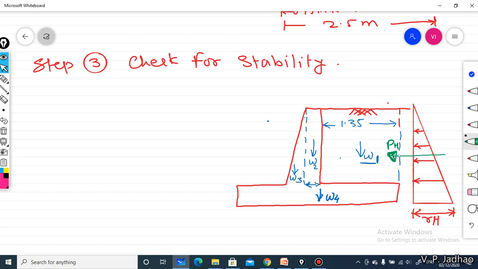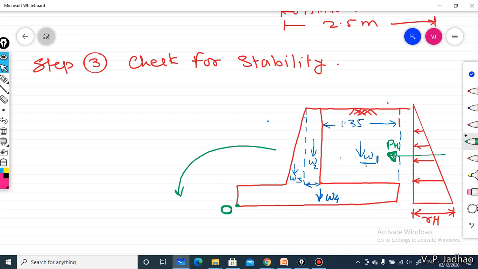Okay, so this is the PH force, which will cause some overturning about this point. Let us consider this point as point O. So this PH will cause overturning, so this is the overturning force, and the rest of the forces, that is W1,